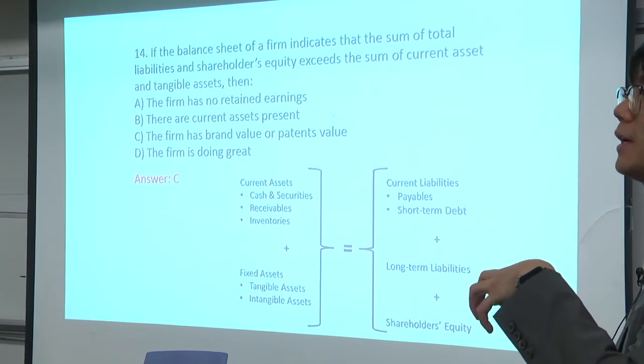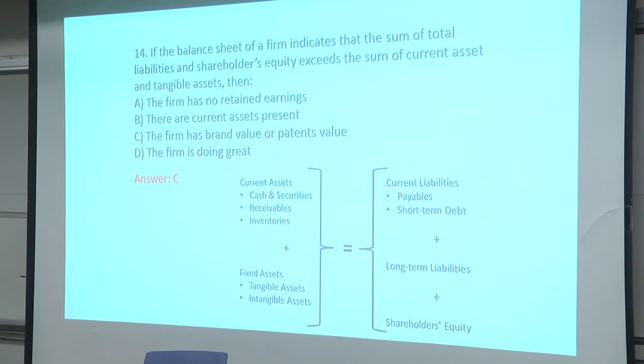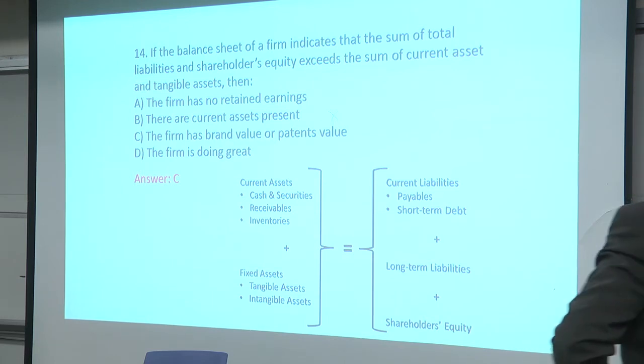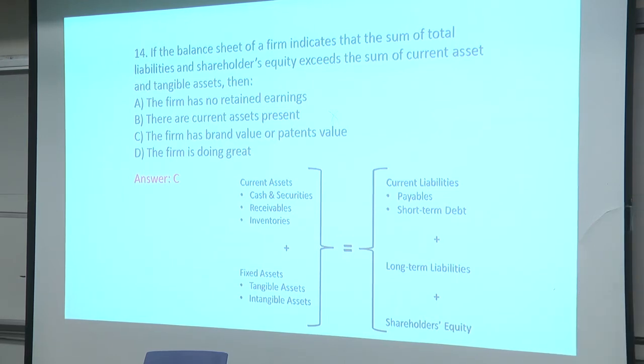So first you establish that the two parts are equal. And then you find out for some of the terms, they add up, but they're a little less than what's on the right-hand side. Then you see, oh, there should be something still there to make the equation equal. And that's intangible assets. Any questions so far about this?